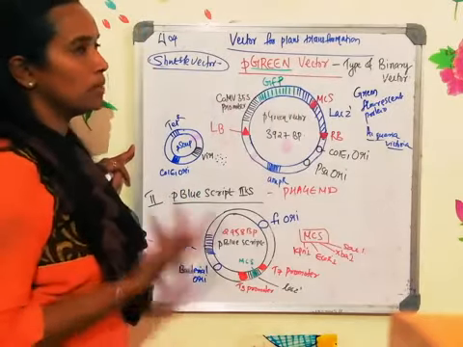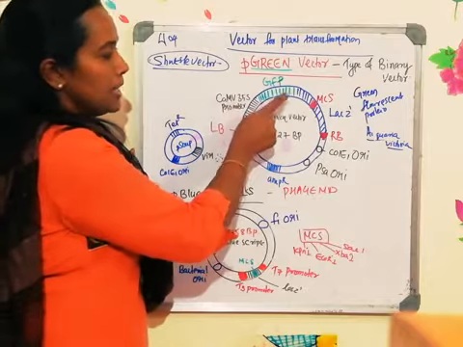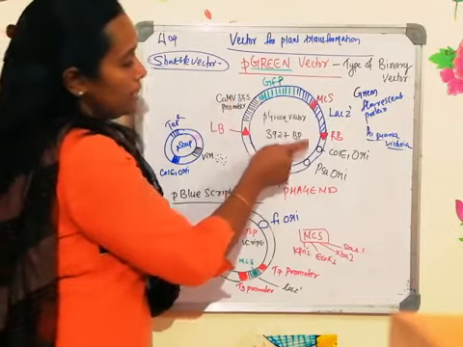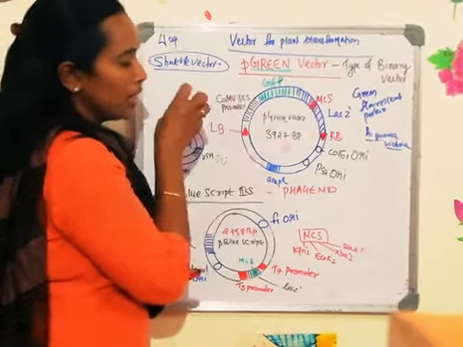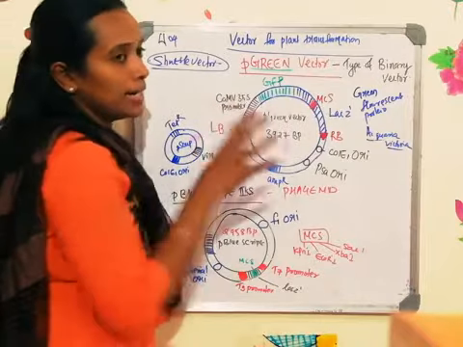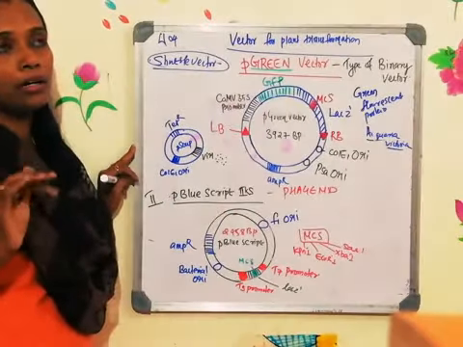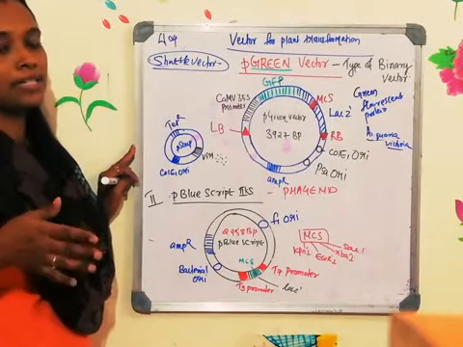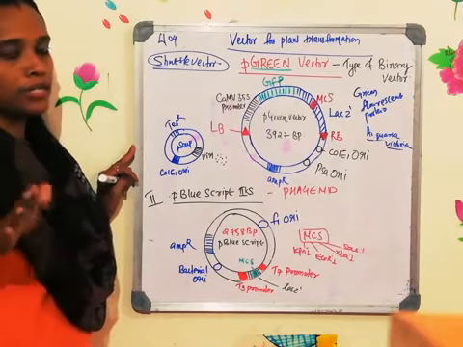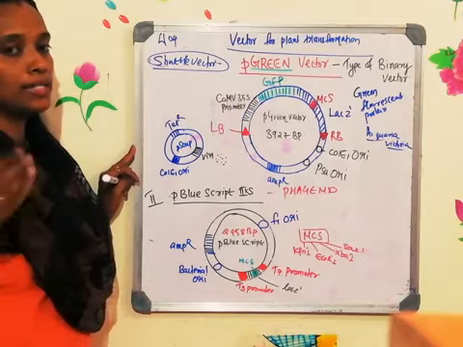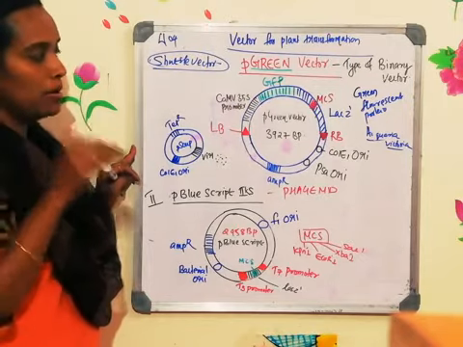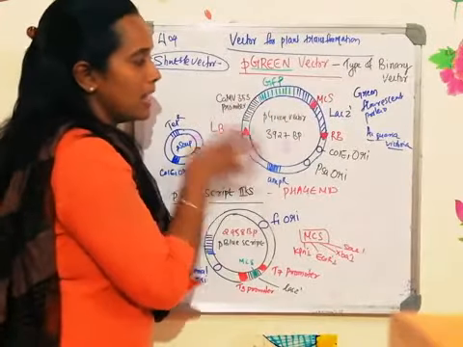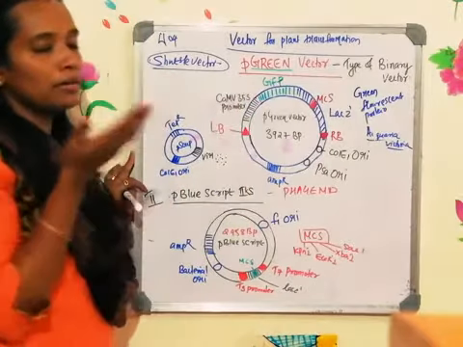So which genes will enter into the plant? CaMV 35S promoter, green fluorescent protein, and the insertionally inactivated LacZ gene. Clear? So when this particular plasmid is there in the bacteria, you can select them by growing them in a media containing X-gal. Selection of the pUC vector, if you remember, we have to prepare a media containing X-gal, and IPTG is the inducer. When you grow bacterial cells on a media containing this, you can see blue and white colonies. So without inserting the foreign DNA, when this particular plasmid is there in the bacteria, you can select the bacteria by doing this blue-white selection.